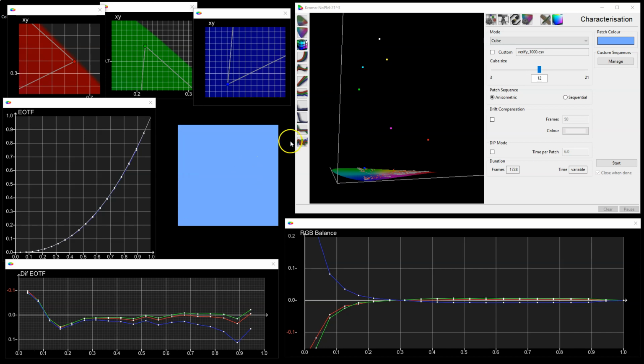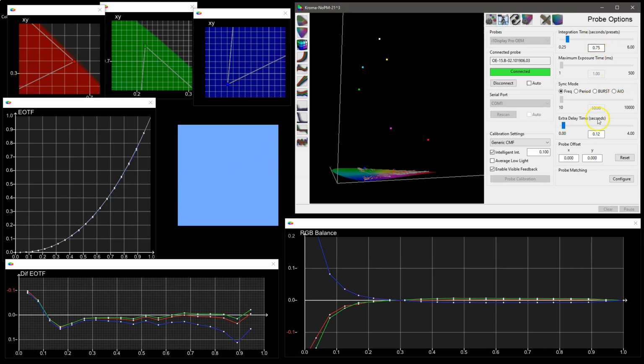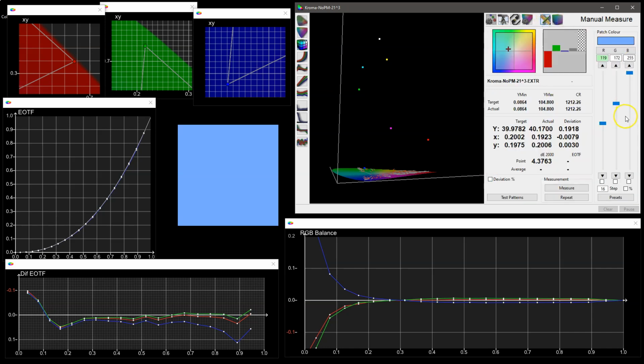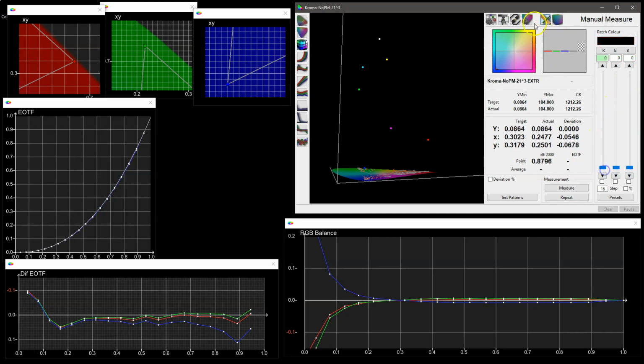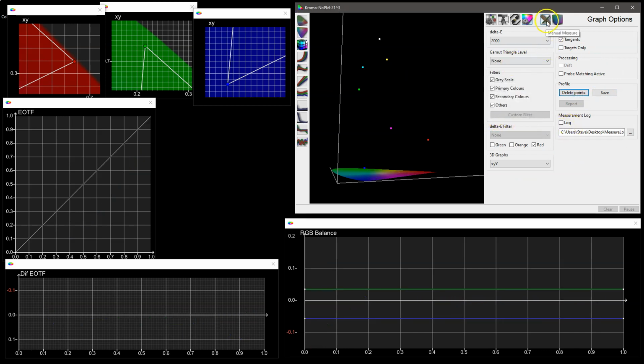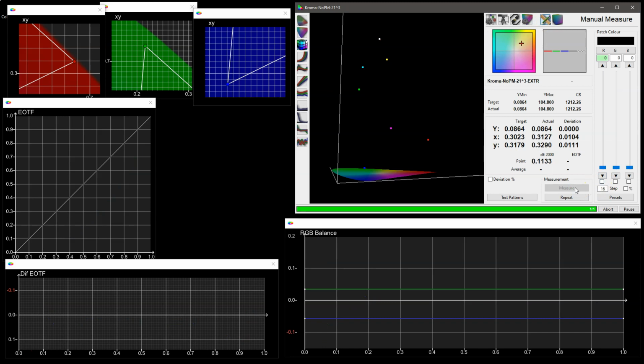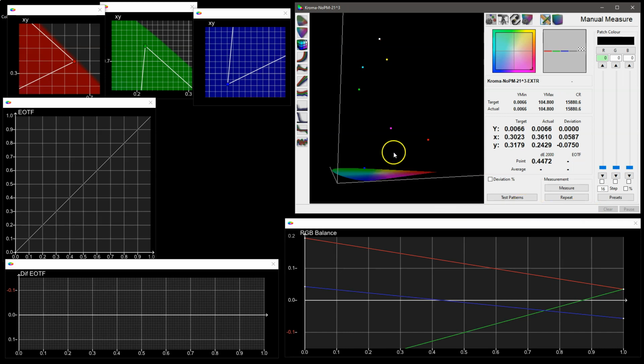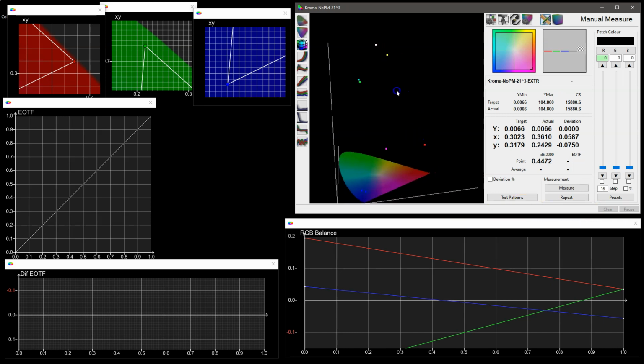And we have our I1D3 connected with these parameters set. We don't need extra delay. We'll leave intelligent integration on, and basically we can tell it to measure any patch we want. So we could use the sliders to say set black. We will delete the existing points and start from scratch, and then measure. And you can see the green line telling us that it's taking a measurement. Because intelligent integration is on, it's taking a little longer, and it's now plotted the first point, which in this